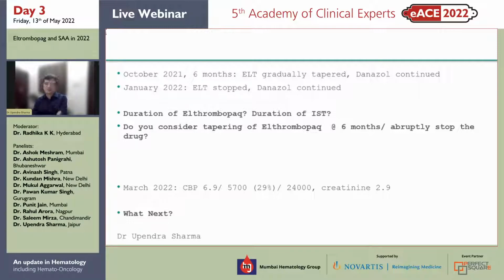Previously Dr. Mukul has given the answer for this question. For those patients who have a good, robust response, we abruptly stop eltrombopag after 6 months. For those patients who are having a partial response, we continue for some more time with folate. The duration is usually 6 months for our patients, and accordingly we have to see the response rate, the partial response, for a few weeks more.